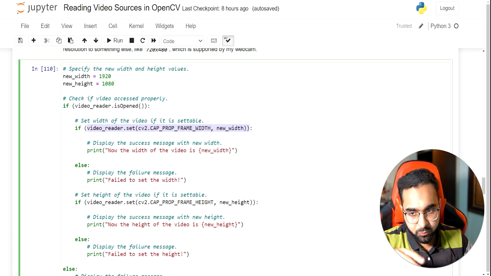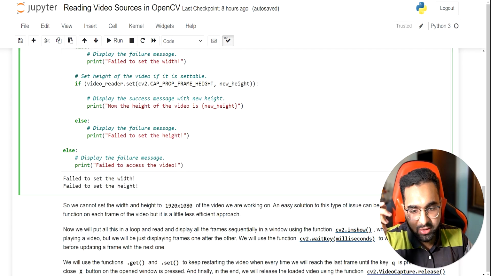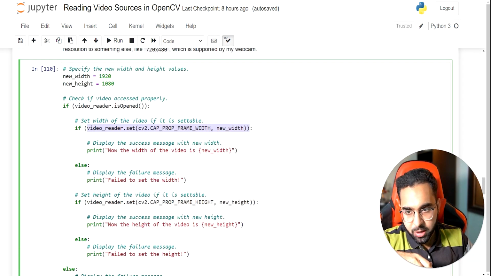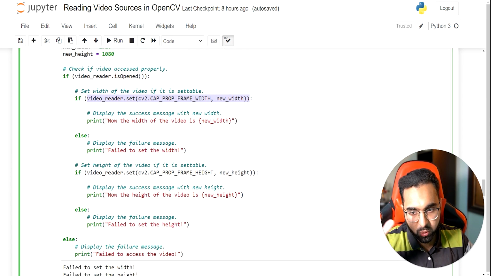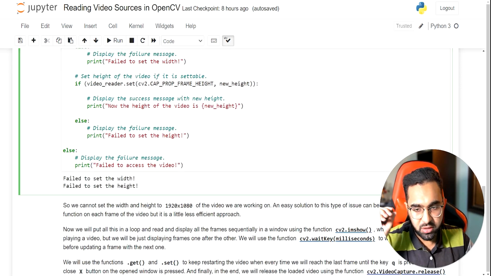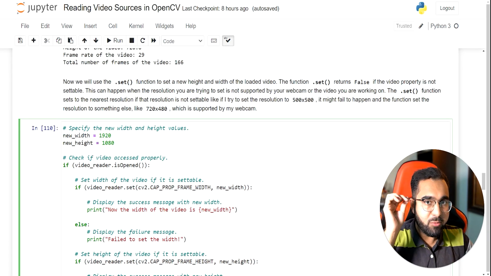For the width and height, you can't set the width and height of a video to any arbitrary size. You can only set it to some specific resolutions or sizes, and you can understand more about it when you go to the docs. Mostly I set the width and the height to a lower version when I'm working with webcams, not with actual videos. If you want to set a new height or width when working with videos, just use OpenCV's cv.resize function to resize it to a particular size. But normally I set a particular width or height whenever I'm working with a webcam.